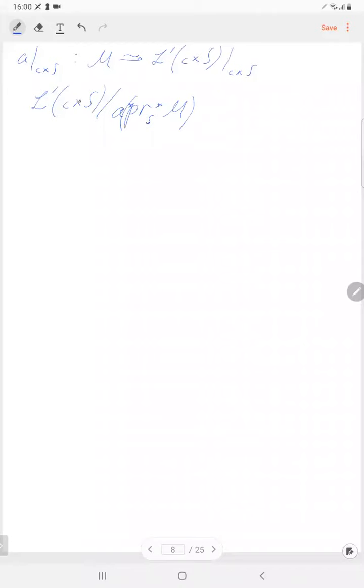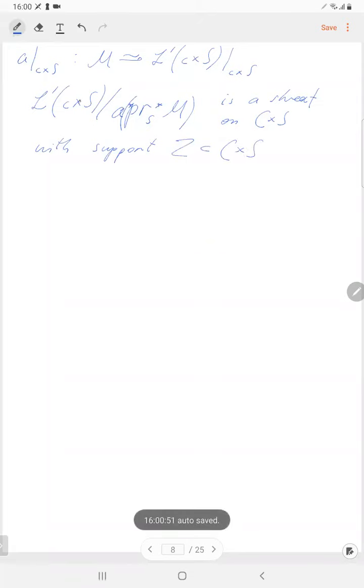It is a sheaf on our surface S with support Z, some closed subset in our surface,